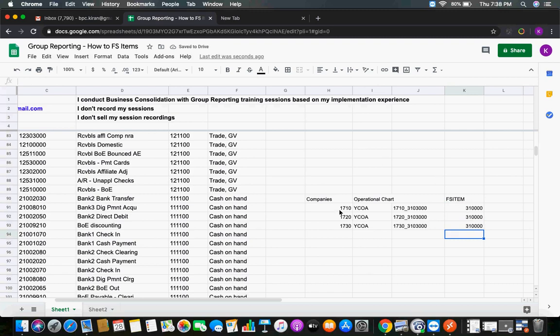Tomorrow I have a combination. So tomorrow if I want to see 1710 sales, I can see against this, because company code is there already. In ACDOC, it is the combination of company and your FS item. So there will not be any problem. So it's always better to map operational chart of accounts to FS item. Yeah, good. That's the question.